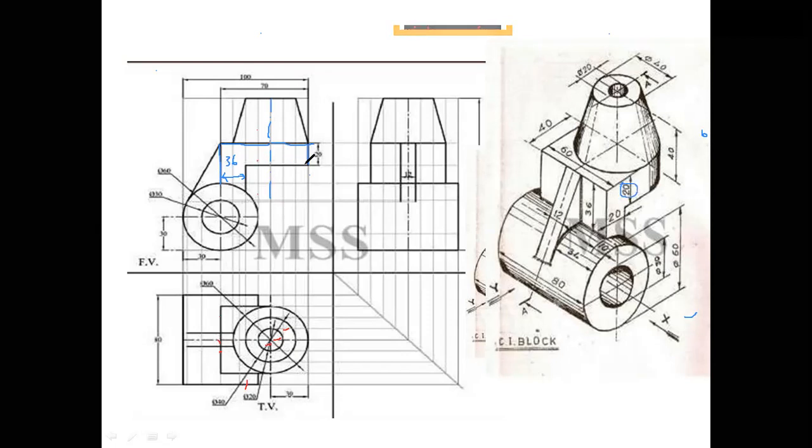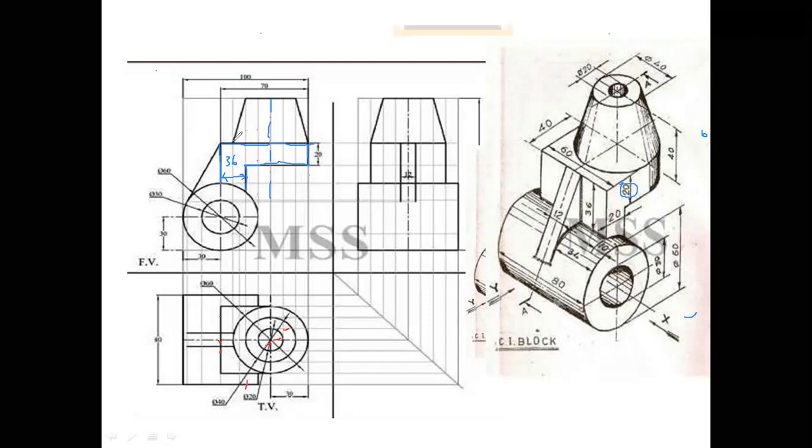Next, you have to join this portion, and again the distance from one end is 20. Join this portion. Okay, up to here it is over. Next, we have to see the next step.